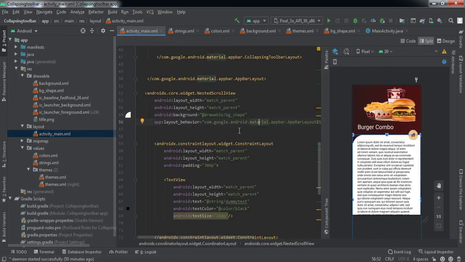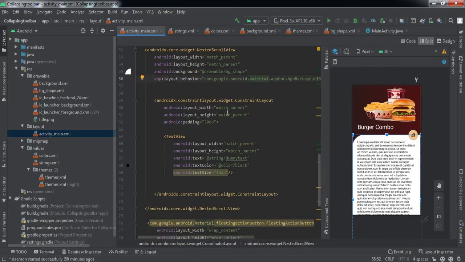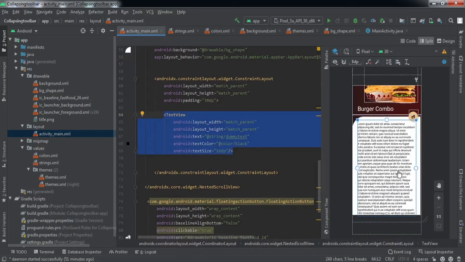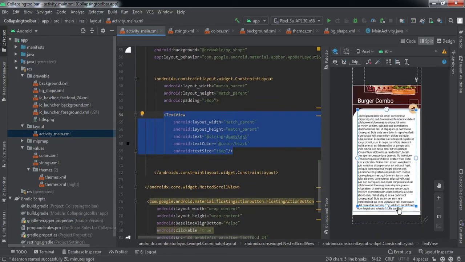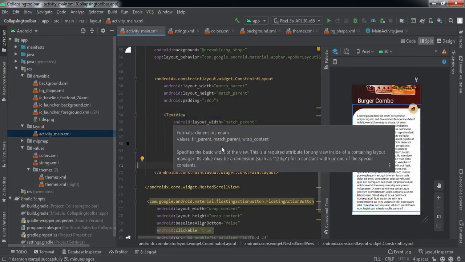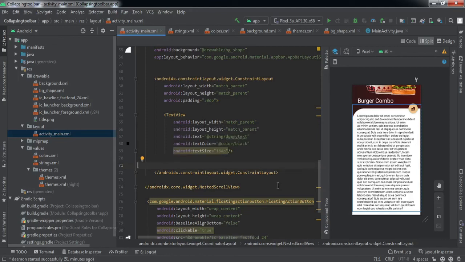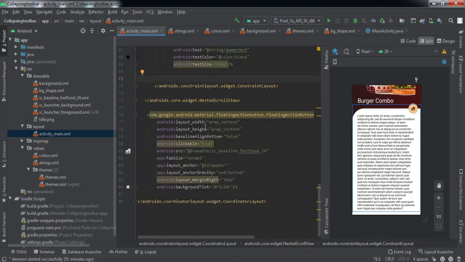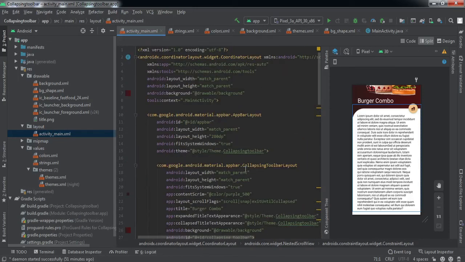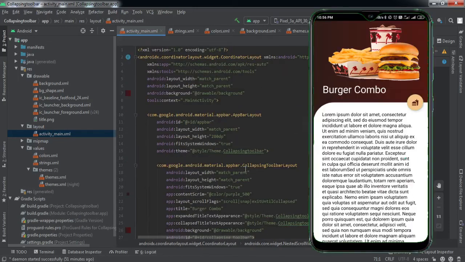We have set this background, and then we have taken a constraint layout inside this scroll view, and put in this text view. If at the end below this text view you want to put any button or anything else, you have to put it after this text view, right? Inside this constraint layout you can put in anything, and at the end we have taken this floating action button. So now I'm going to install this app to my cell phone and see if it is working fine or not, right?